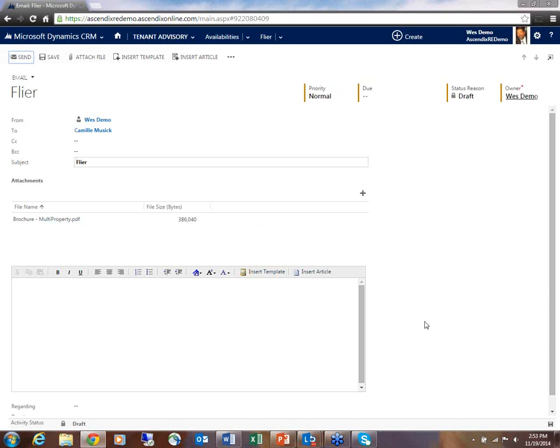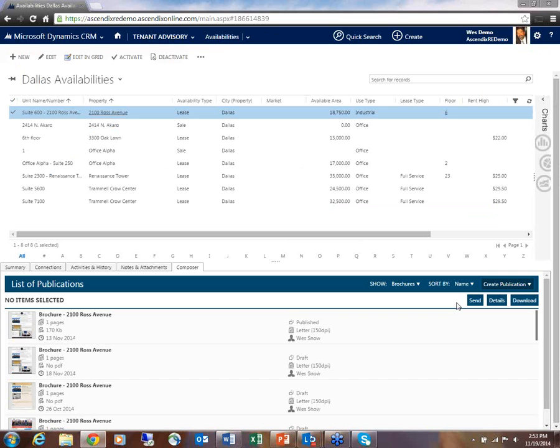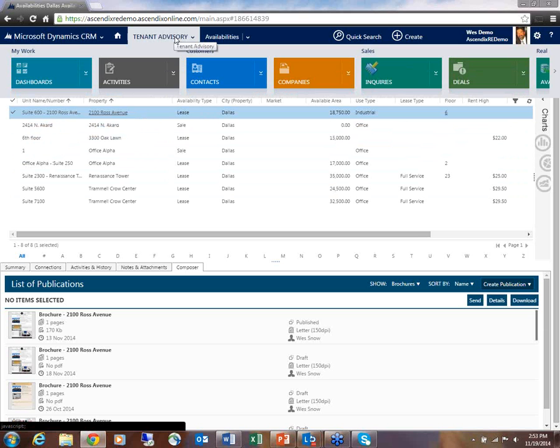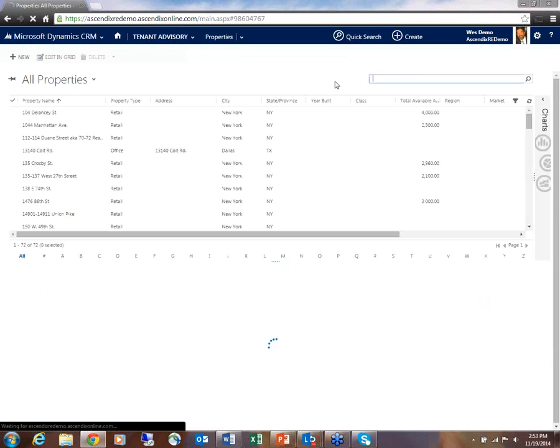And at that point, now that that would send out, we'll actually record that into Camille's history, but it would also have logged all this associated with the availabilities that you see here. So a similar action could be taken with regards to the microsite, and let's go back to that example. So we're going to go back to the property scenario here. We'll type in Trammell Crow,